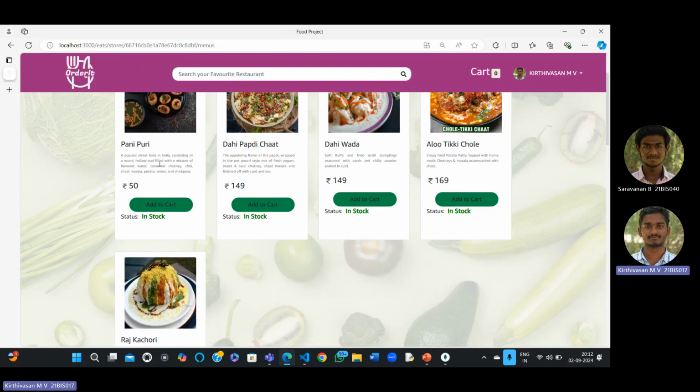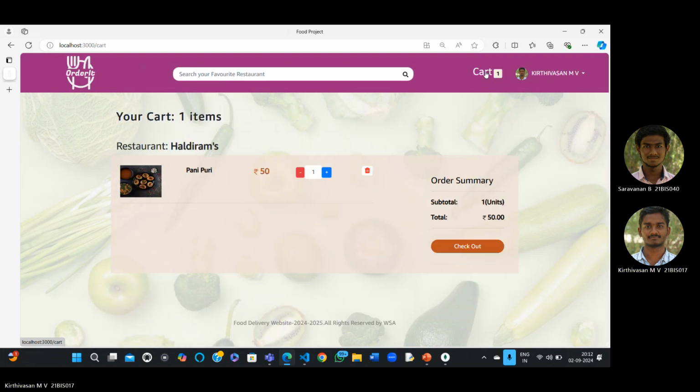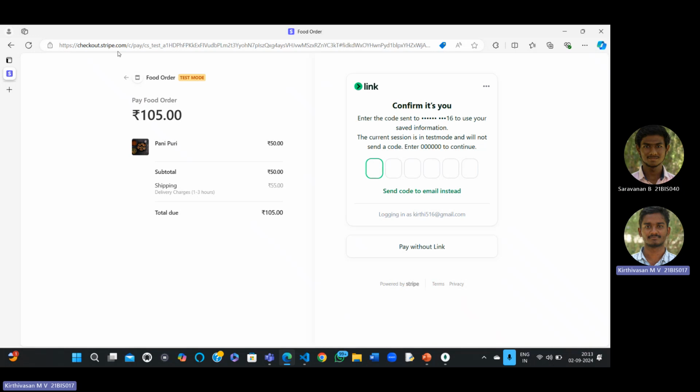For example, if we order one pani puri, it shows that the item is added to the cart. And then when we check the cart, we see that the cart has been updated to one item. When we click that, we see the restaurant Haldiram's, and we can order one pani puri. Then moving on to the checkout, clicking on the checkout page, we will move to the Stripe layout